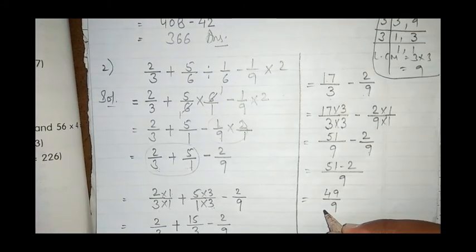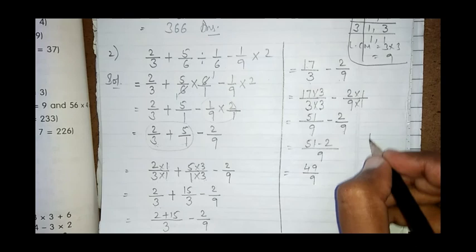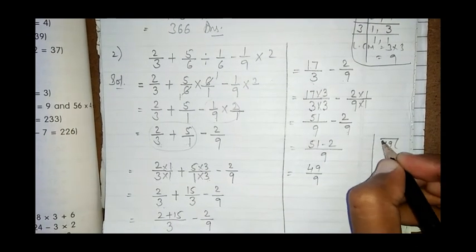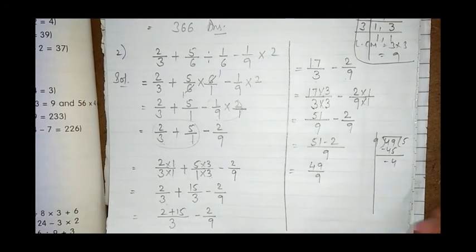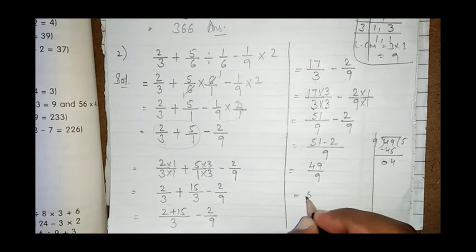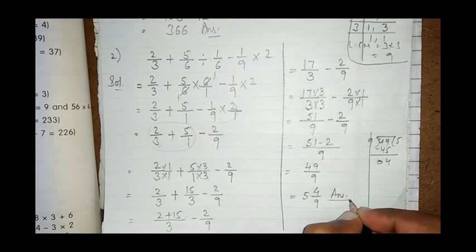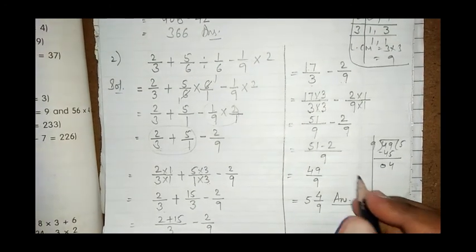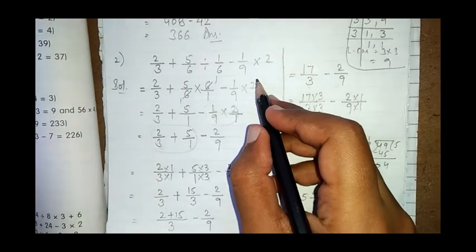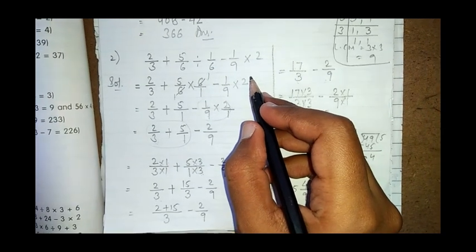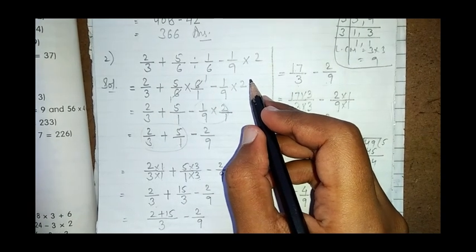But you will never leave the answer here because this is an improper fraction. So I will change it into a mixed number. Again in the rough column we will divide 49 by 9. 9 5s are 45. Remainder 4. So I will write it as 5 whole 4 by 9. So 5 whole 4 by 9 is the answer. In this way children, we can solve any mathematical expression involving fractions. Just you have to keep in mind the rule of DMAS and everything that has been taught in the unit fractions. Okay, then easily you all can do it.